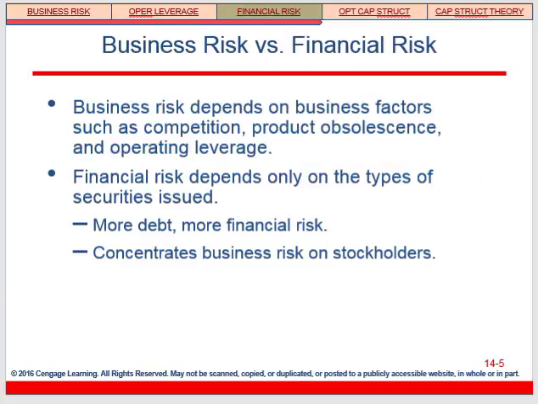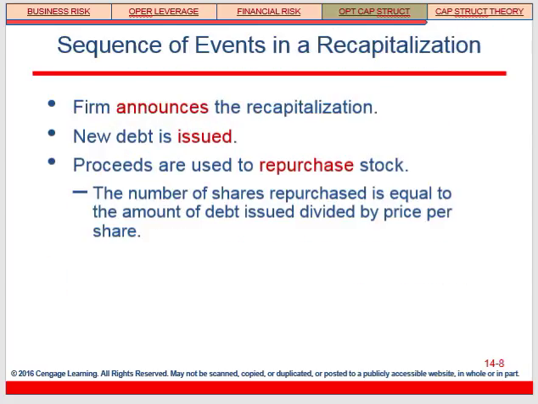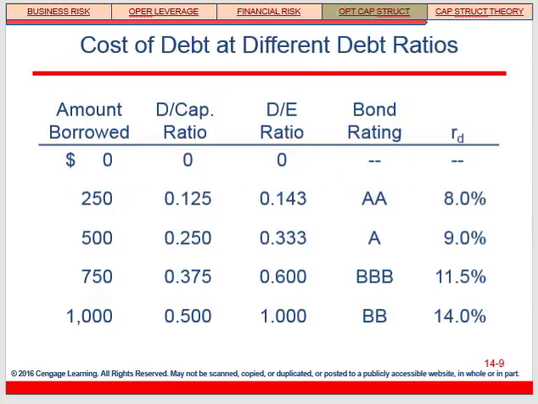Now, financial risk again is more debt. It's more financial risk basically, and that is going to determine how we are going to look at the capital structure ratio. How much debt should we take on? The balance there is, if you look at it, as we borrow more,